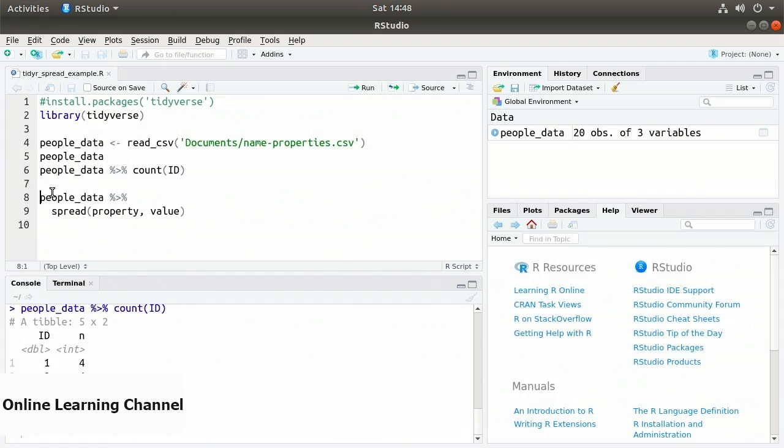So on line 8, I take people data again. I use the dplyr pipe operator, so %>%, and I pipe it into the spread function. And here I specify the columns I'd like to include in the spreading of the values. So first we have property, and then we have value. So if we execute line 8,